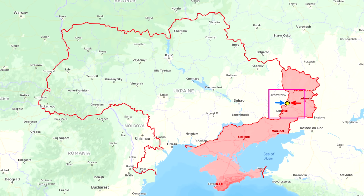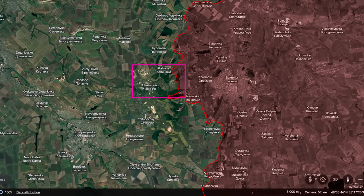Today there are a lot of updates from the Bakhmut direction. The most interesting updates come from the northern flank of Chasiv Yar. Here the Ukrainians repelled head-on Russian assaults into the town and forced them to change their approach in an attempt